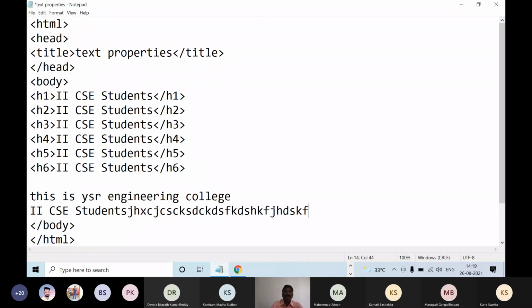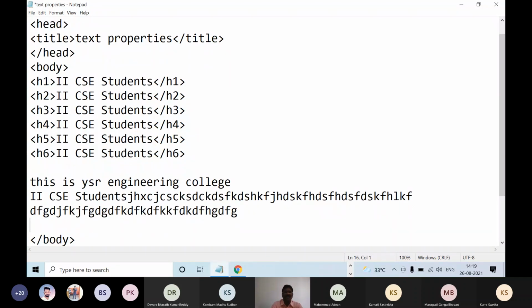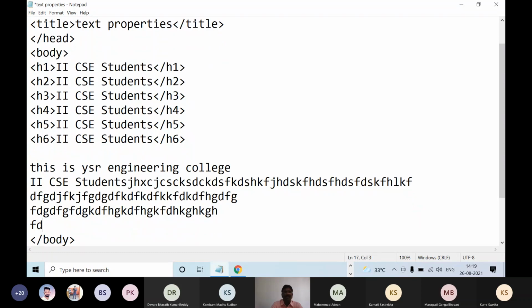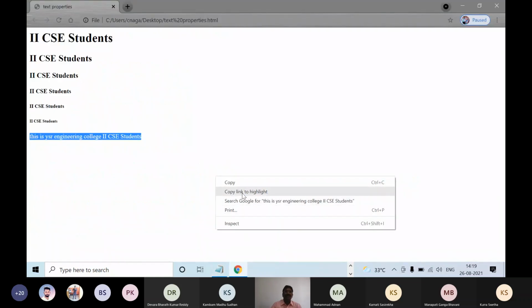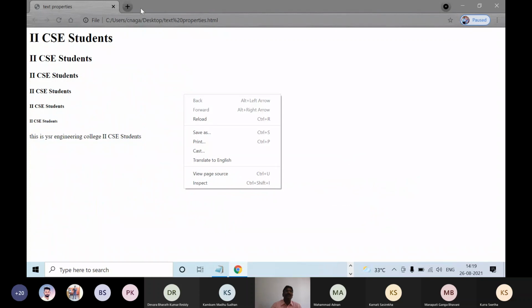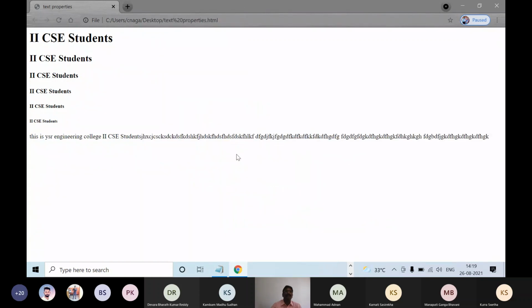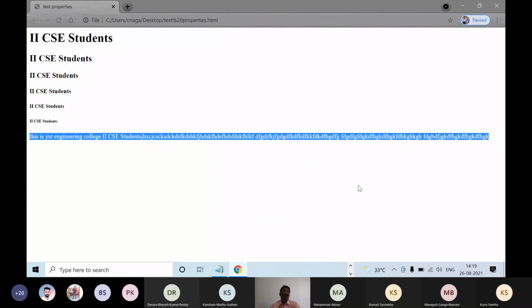For example, suppose I am typing the text here. When you use this text, you can see that the entire text is on the same line. If you want to break the line, that is, if you want to print the text line by line,